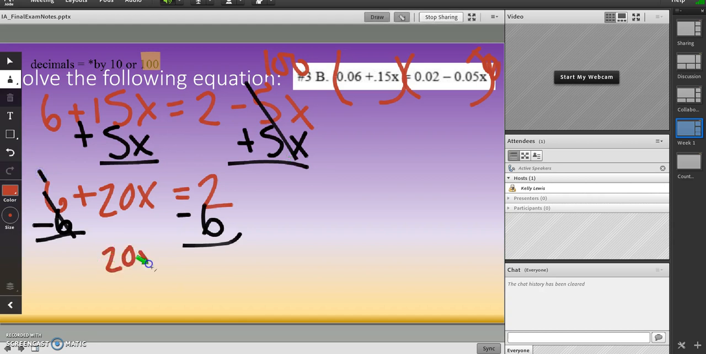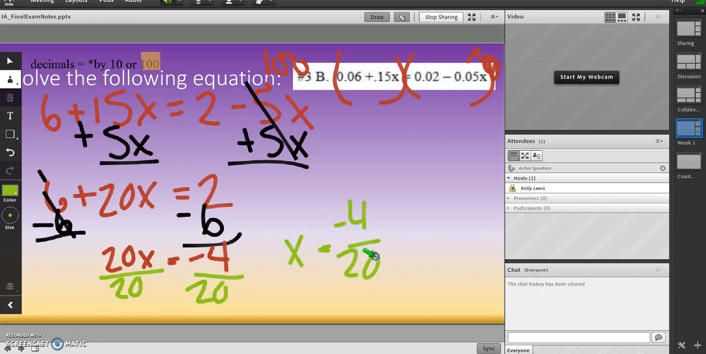So I get 20x equals 2 minus 6 is negative 4. And so now I'm going to divide by this 20. So I get x equals negative 4 over 20. When I simplify that,